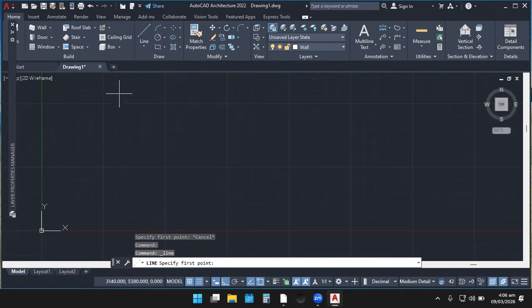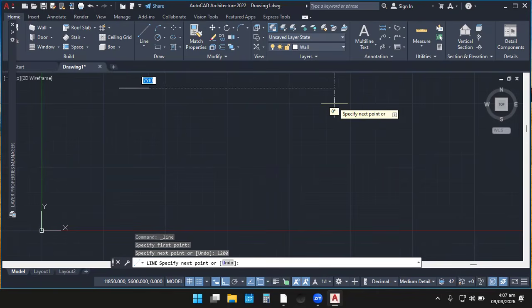When I click like this, you see what has been activated on the screen after I just left click. So I'm just going to move to the right side. You see that when I'm moving to the right side, so many numbers are displaying. I can choose to enter a figure, and at the end of the day, that is going to be the length of my line. So let me enter, let's say, 12,000. After entering 12,000, you see the dimension that I've displayed.